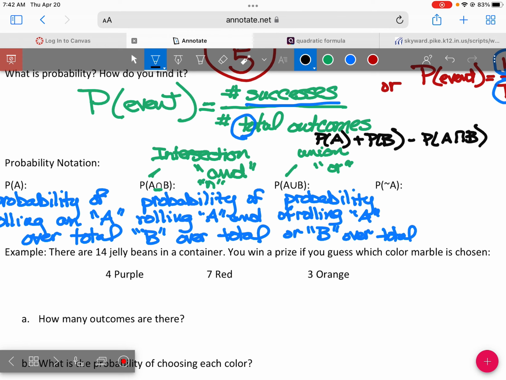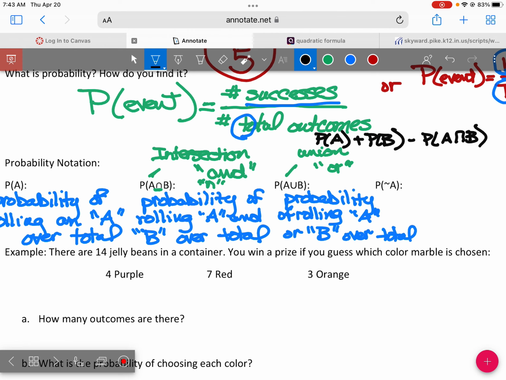So I'm going to have the probability of all the girls in this class, let's say, the probability of all those who play basketball, but there might be some girls who play both basketball and are girls, so we're going to subtract them because they've already been counted. We don't want to count them twice. All right? So, probability of A plus the probability of B minus the probability of A and B happening